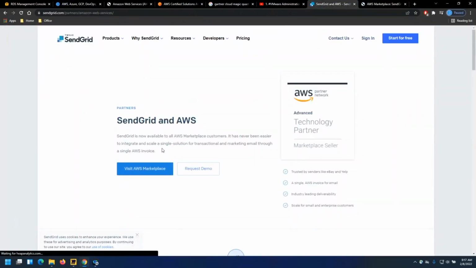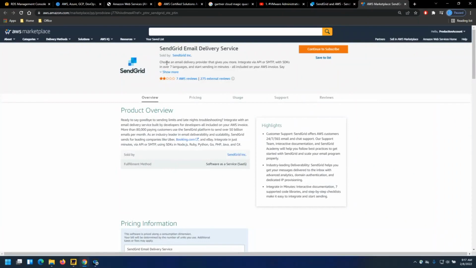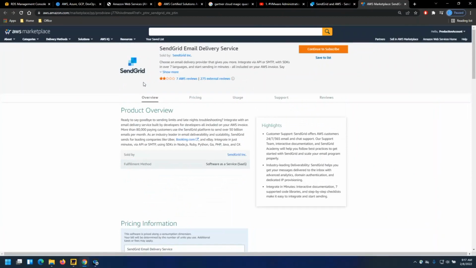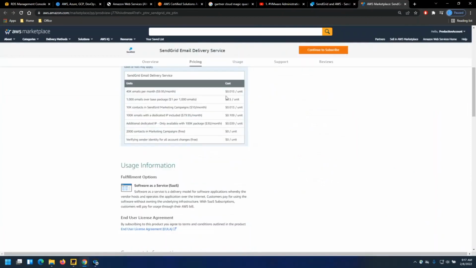What is SendGrid? What can it do? SendGrid email delivery service is a SaaS model. You don't need to worry about how to send emails to the customers who are using your website and services. SendGrid will take care of that email service. This is again a third-party SaaS product, and they will not charge you based on the number of servers, how many servers you are running, what is the size, what is the storage, and all those things.